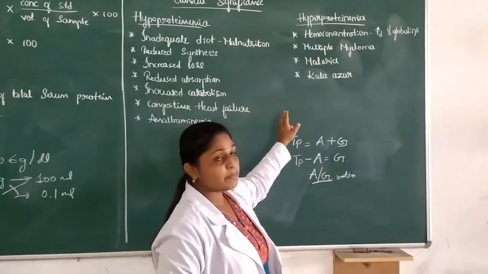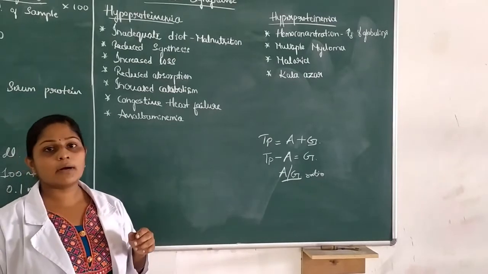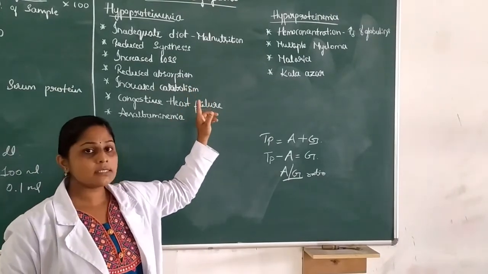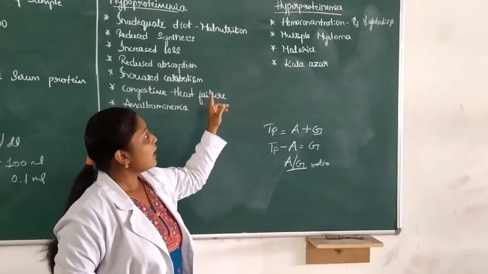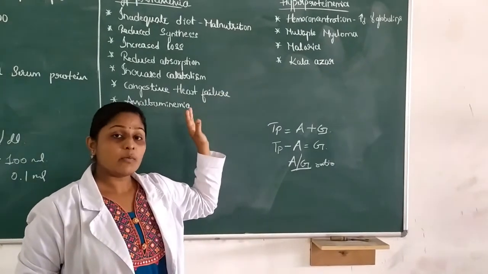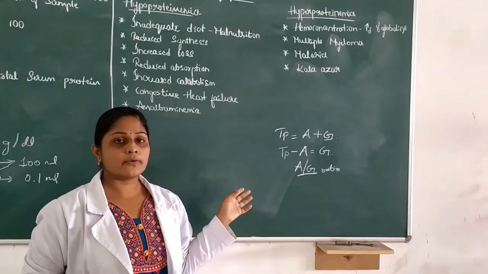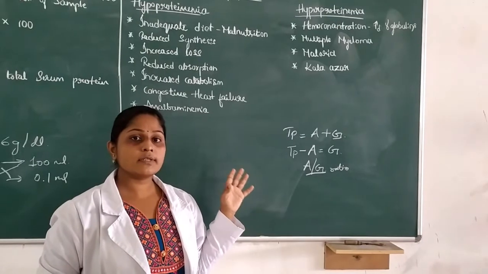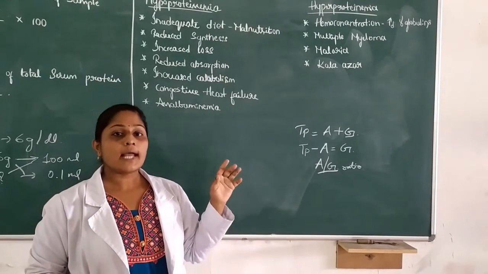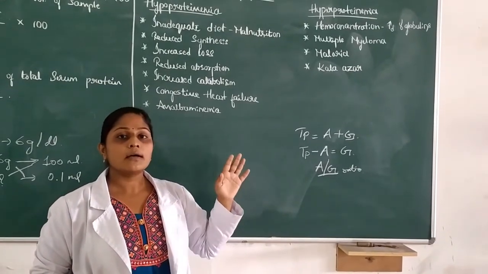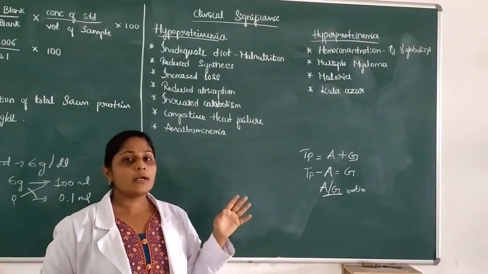Now we will see hyperproteinemia. I told you it is due to increased gamma globulins. The first cause is hemoconcentration. When there is hemoconcentration, gamma globulin levels will go high. And then there is multiple myeloma, which you would have studied in previous classes, and even in electrophoresis. What is the main feature of multiple myeloma? It is the appearance of an M band in the electrophoretic pattern, isn't it? That M band is due to monoclonal gammopathy. This is also called paraproteinemia or monoclonal gammopathy.